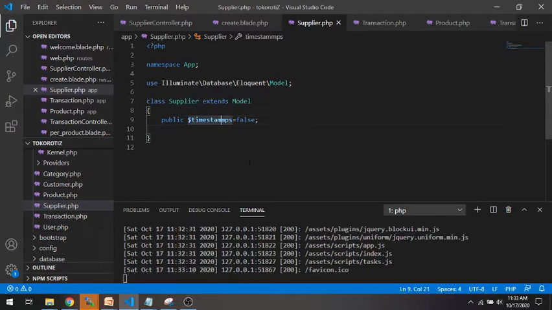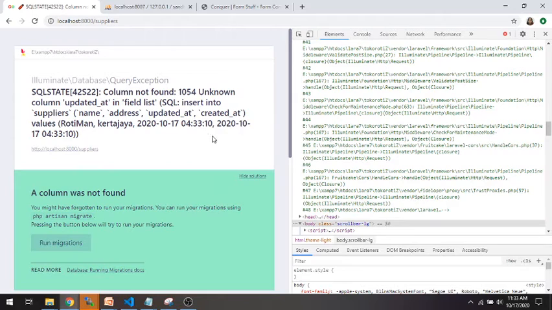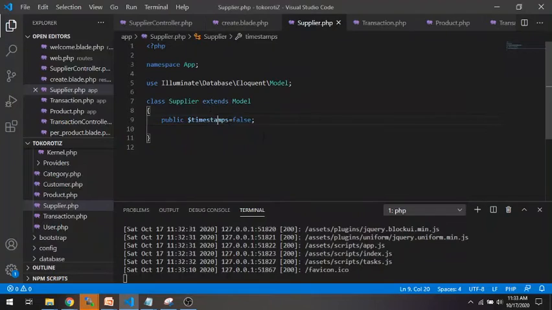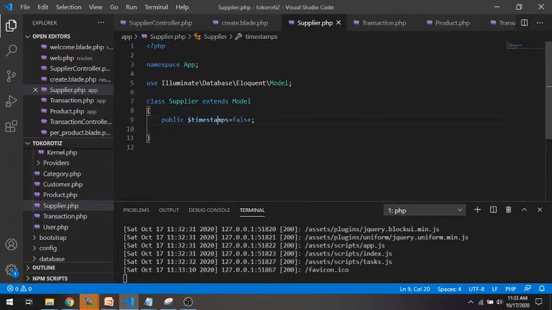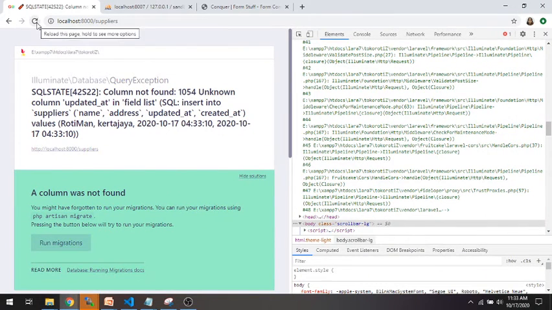There is a double M here. Timestamps. Okay, timestamps. So the overriding is an error, and then Laravel needs to access the updated_at and created_at, because our overriding is an error. So after we fix it,